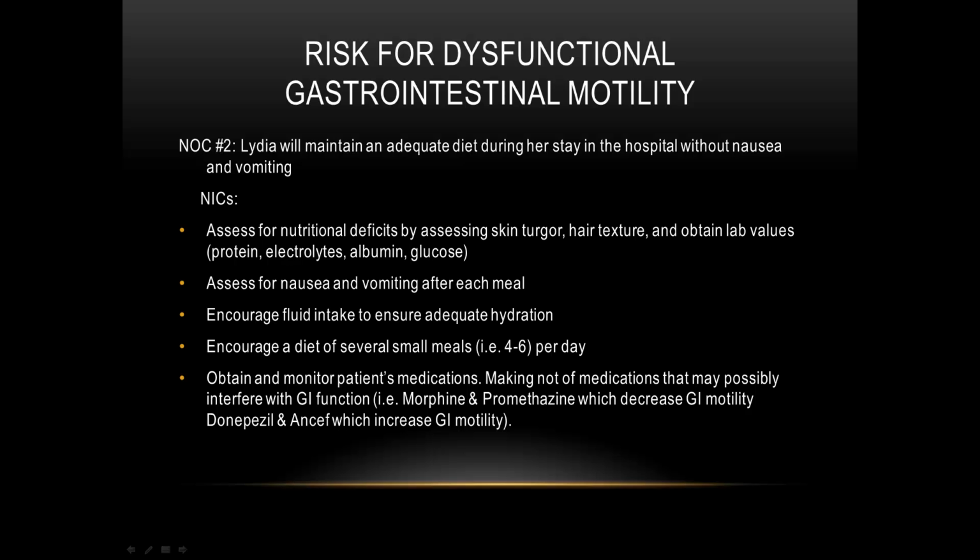However, Donepezil, which is indicated for Alzheimer's, and Ancef, which is an antibacterial, both increase GI motility. So in this situation, we'd want to give her the lowest effective dose if possible regarding these medications. And if we had any concerns, we could always call pharmacy and notify the physician if we suspected any problems